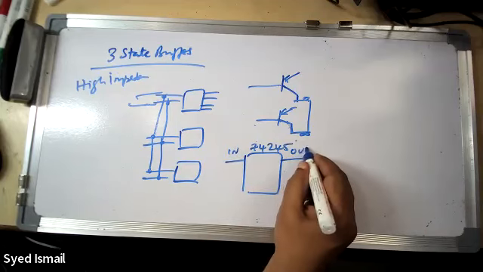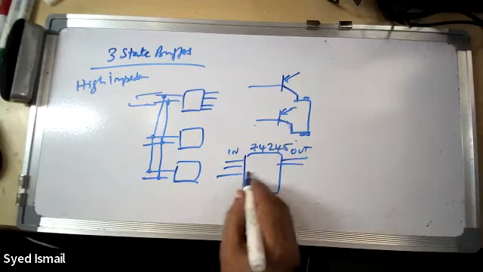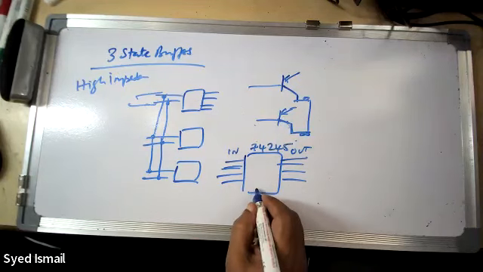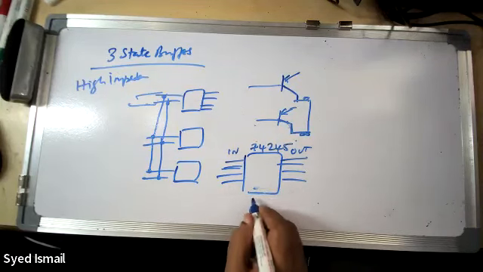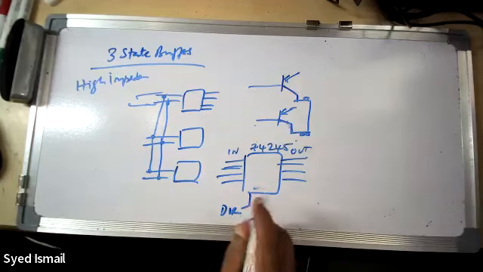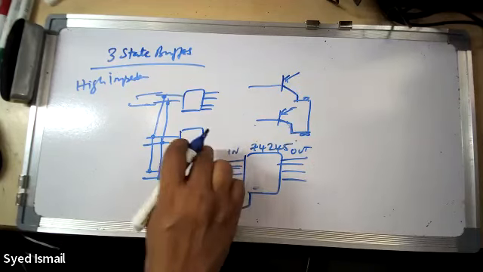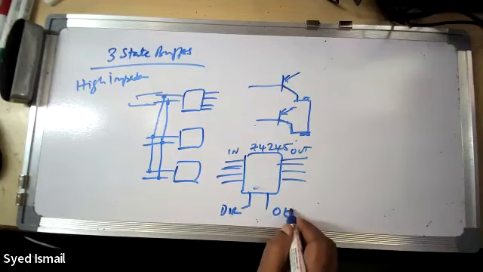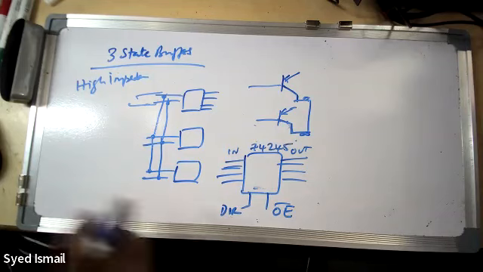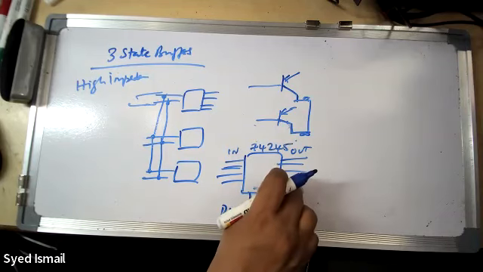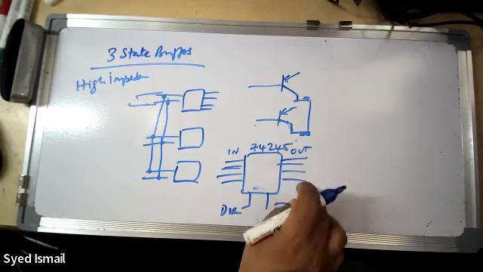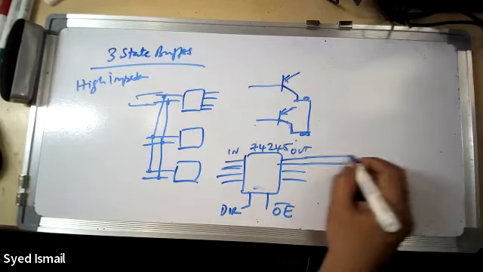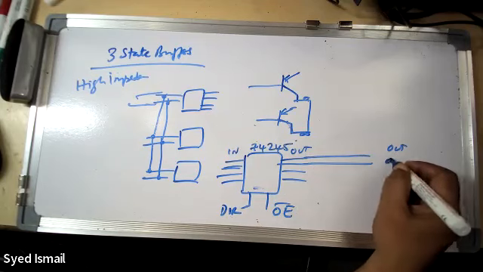So now this input output will go, but you have a direction here. You can change a direction pin. So you can make direction here in or out, here in or out. Then you'll have a 3-state pin called output enable. So when you put this output enable, then only output will come. Otherwise, output will not become 0 or 1. You can use this output to some other output also. Here again output, here again output.